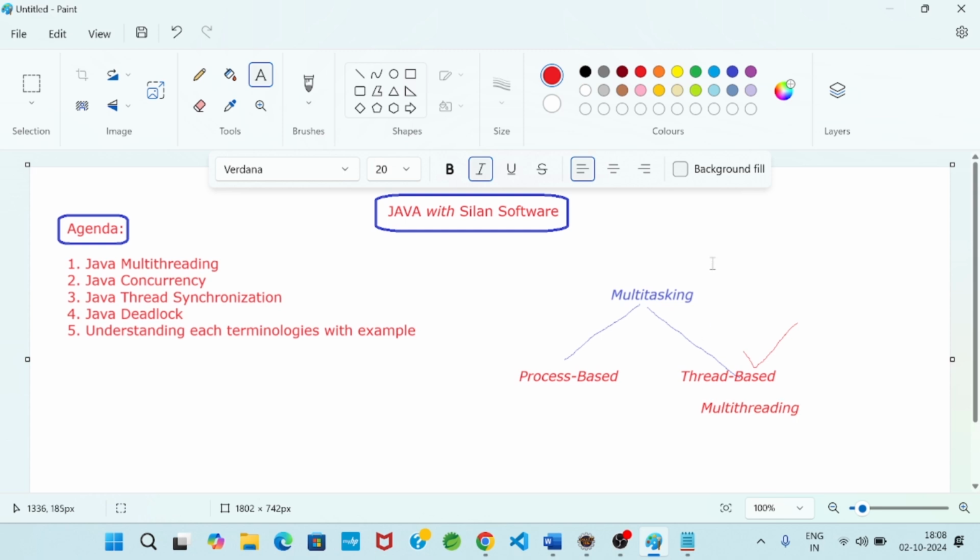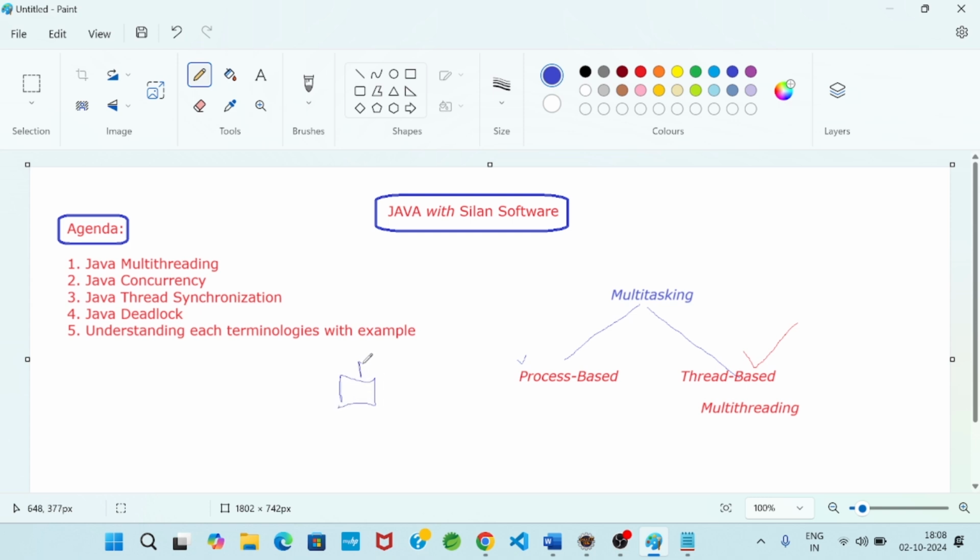So this type of multitasking is known as process based multitasking, because for writing a Java program, a separate process is created. Separate memory is allocated by the operating system. Suppose two processes are created.